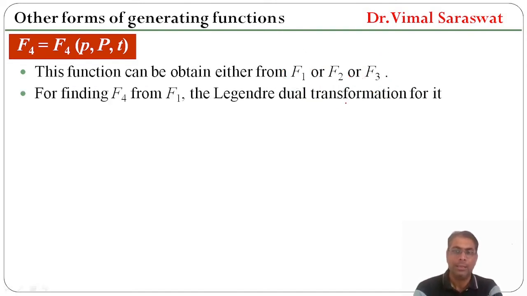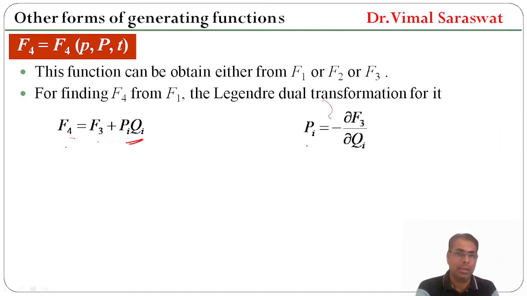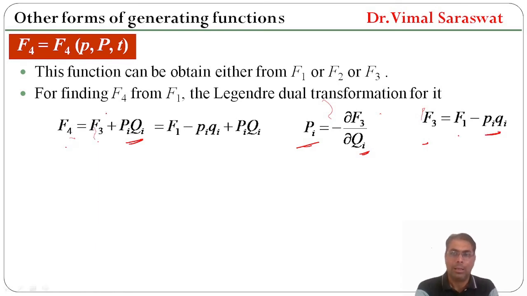For finding F4, the Legendre dual transformation is F4 equals F3 plus Pi Qi, capital Pi equals minus del F3 upon del Qi, and F3 equals F1 minus Pi Qi. So this F3 is replaced with F1 minus Pi Qi. So F4 equals F1 minus Pi Qi plus capital Pi Qi,